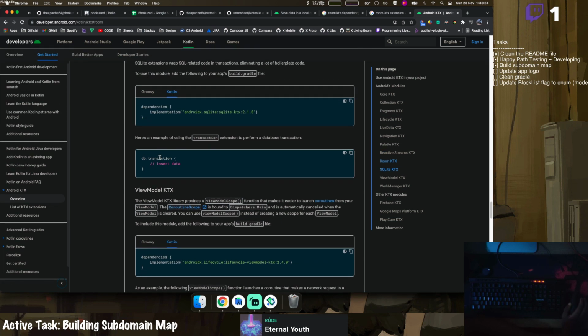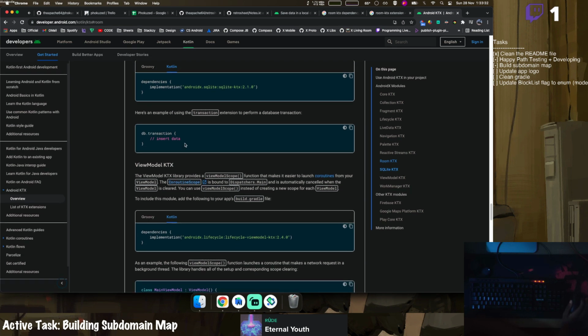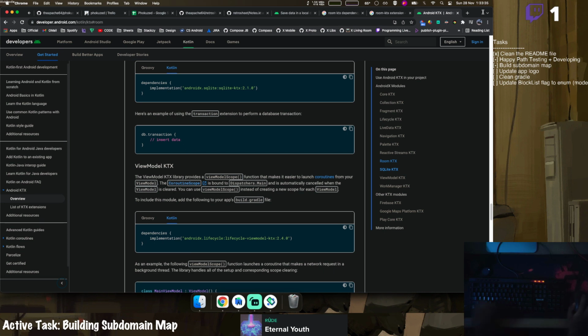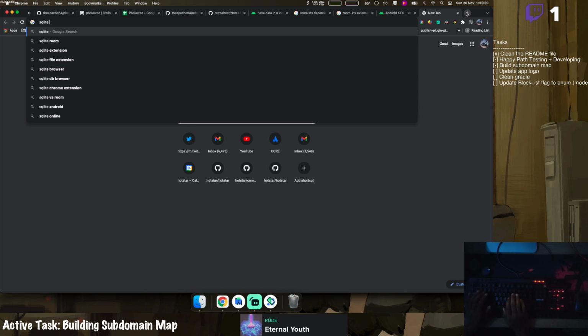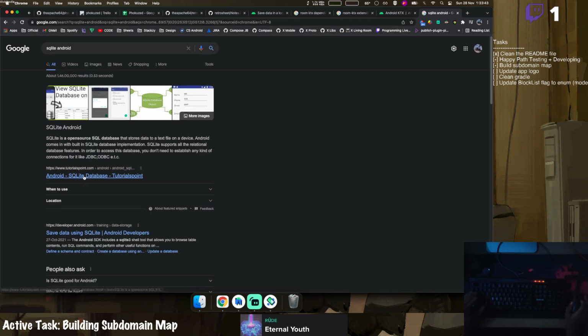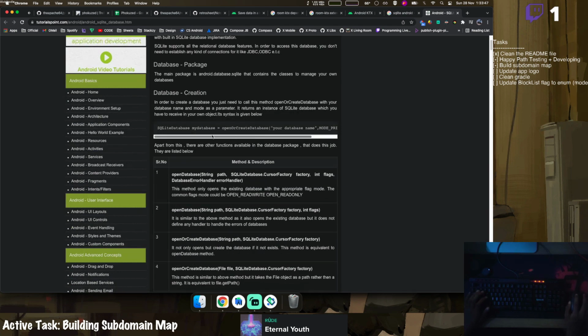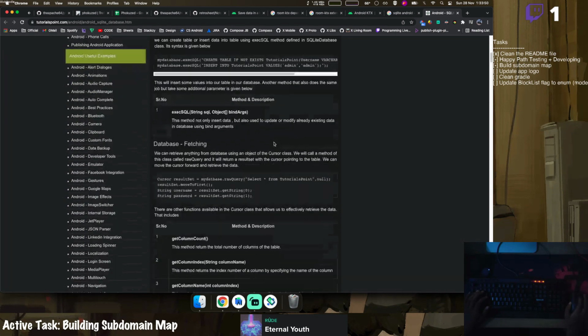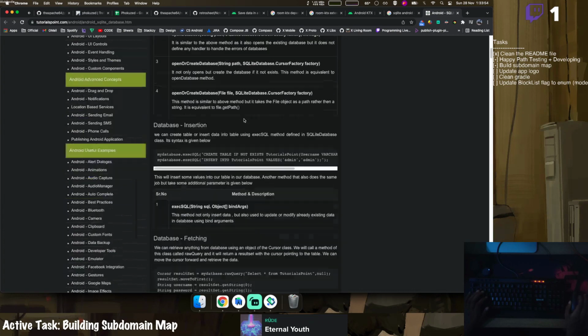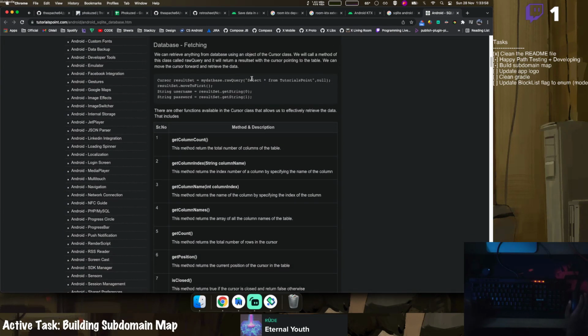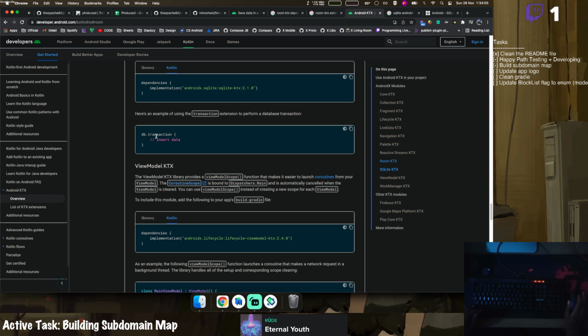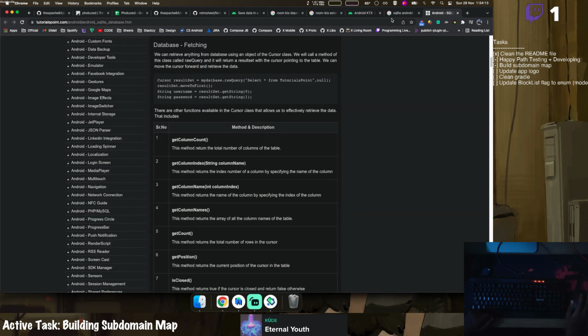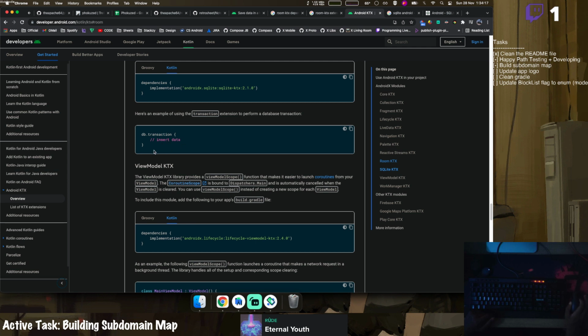Wow. db.transaction insert data. How do we do that? No, I forgot that. SQLite, Android. Do we need to open any connections or anything? Oh, we need to open a connection. That part I think they skipped that. Or I don't know. They give a transaction object probably. I mean, it should be wrapped around SQLite, and the insertion or the select query should be simplified inside this context. I'm not sure, but